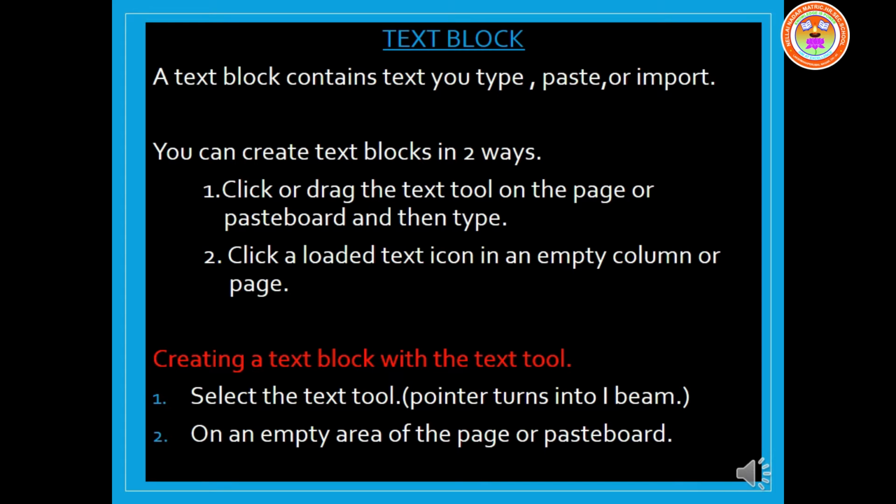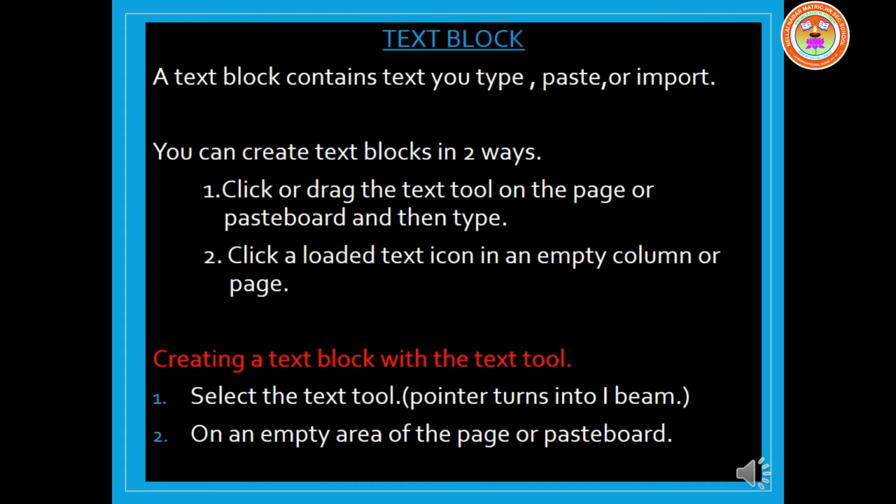We have seen the toolbox in Adobe PageMaker. Inside the toolbox we have many tools like the text tool and the pointer tool. These two tools are very important while you are dealing with a text block, because when you create a text block, the boundaries will not be visible.